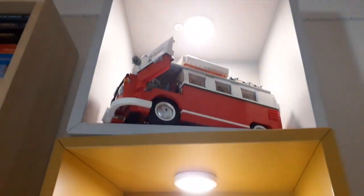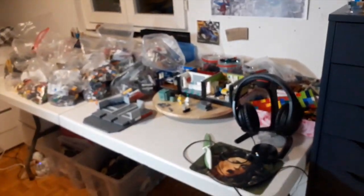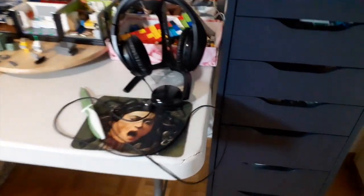And yeah, it looks really good. It almost looks like a museum, honestly. And then next to that, you have my big work table where I build all of my mocks. And it's really big, and you can see starting from the right, you have my gaming headphones on